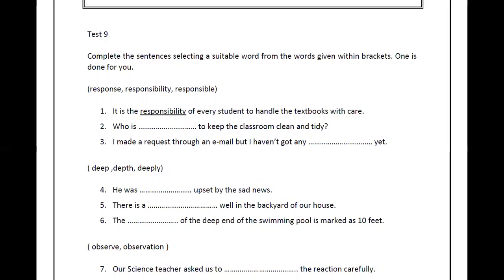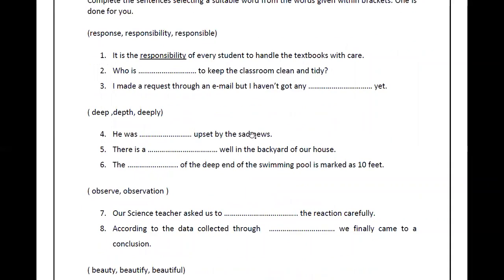The words are deep, depth, and deeply. Right? So here deep is an adjective. Deep means there's a distance from the top. Now you look at a well where there's water and say this well is so deep, right? So you explain what the well is like. That's why we call deep an adjective. So what is depth then? Depth is a noun. Depth is the distance, right? From the ground where you're standing to the water in the well, how much is the depth, right?